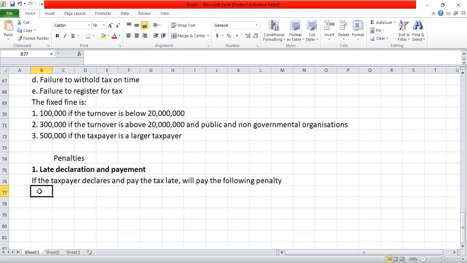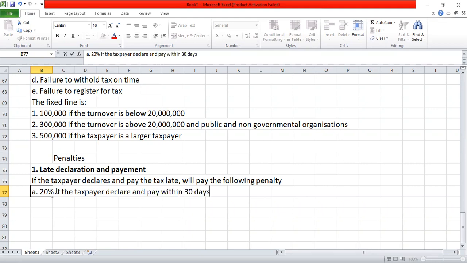If a taxpayer declares and pays tax within 30 days, then in that case, the taxpayer is going to pay a penalty of 20% of the amount of tax. Then 2, it is 40%